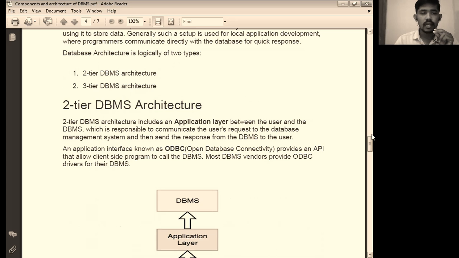So two-tier architecture of database management system includes an application layer between user and DBMS.